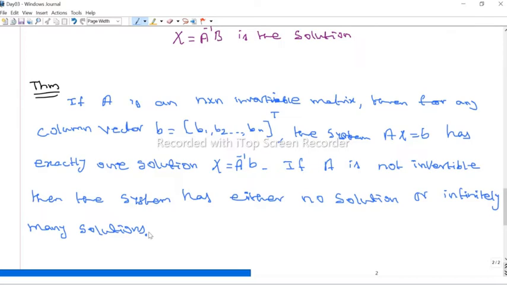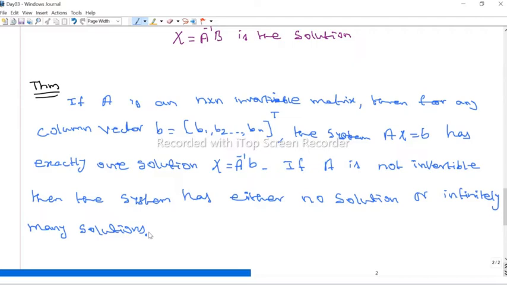Now I give some properties of the triangular matrices. The product of lower triangular matrices is again a lower triangular matrix. If A is invertible and lower triangular, the inverse is also lower triangular. All these things I will leave to you, just go through the properties of lower triangular and upper triangular matrices. The product of two upper triangular matrices is upper triangular. The inverse of an upper triangular matrix is upper triangular. Similarly for lower triangular matrices.